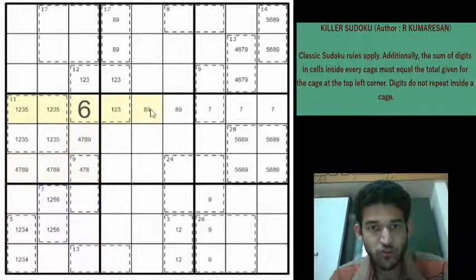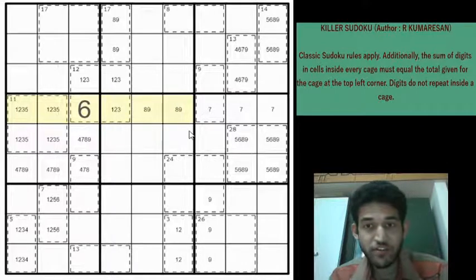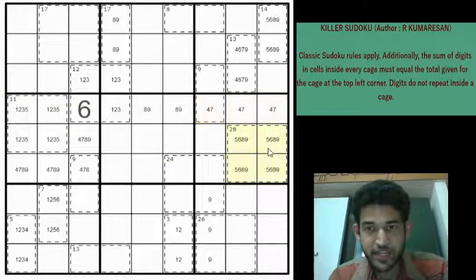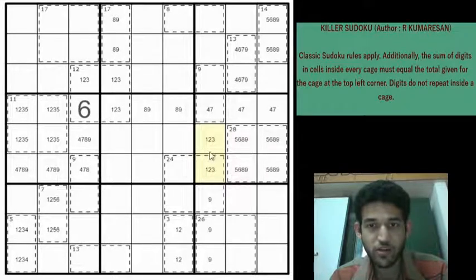So if you look at row 4 again, as that seems to give a lot of information, we see that the 4 cannot be in these 6 cells, so 4 has to be in these 3 cells, right? Can't be anywhere else. So we have 5, 6, 8 and 9, 4 and 7 in the box. So these 2 cells can't be 4, 5, 6, 7, 8 and 9. They can only be 1, 2 and 3. They can't be anything else, right?